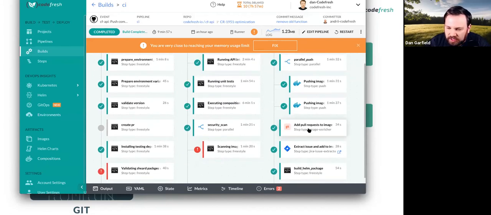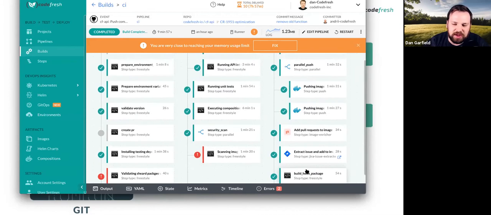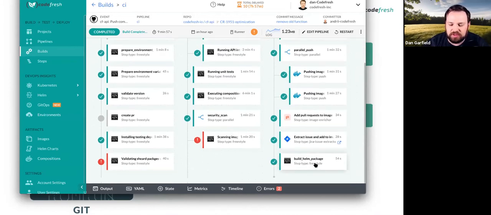So it adds a pull request and sends the Helm package onto that repo, which is then tackled using my CD pipeline, and then of course deployed in an automated fashion to my production cluster.